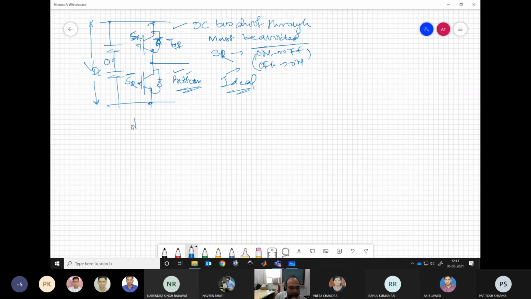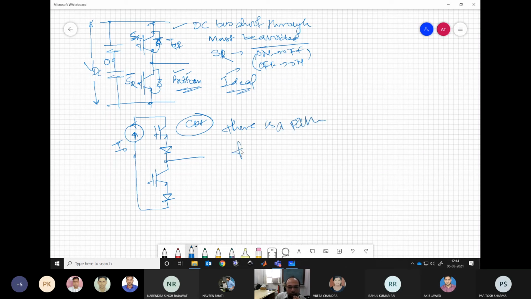In the current source converter, the situation is a little different. We have this branch or this leg for the R phase. So we must ensure that the current direction is always maintained, like the current source is always in the circuit. To ensure that, we must ensure that there is certainly a path for current always, whether it is through load or direct shorting, here that is allowed.